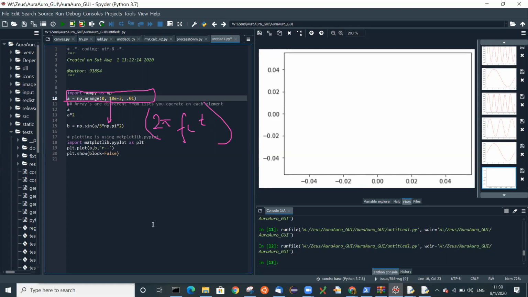I need to multiply by FC. That's all that should come here. 2 pi is there already. A is there already. That is T. If you want, you can change the A to T. So it's very obvious to us A is time. So let's just do that. Yeah. That's also T. And you delete these two lines so that they don't give us errors.